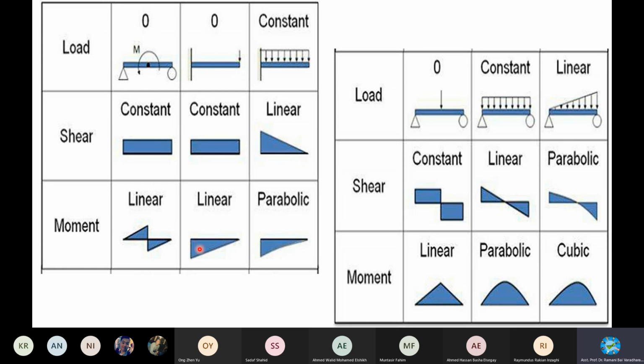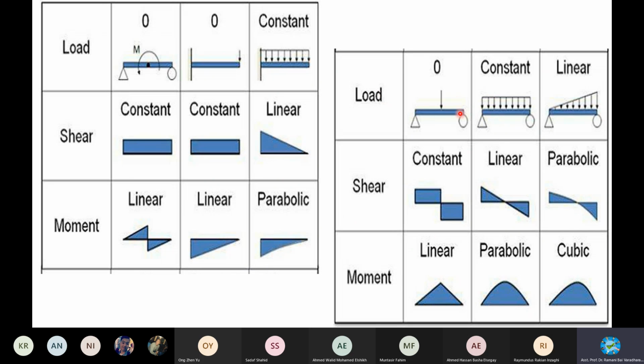The straight one reduces at a constant rate, but this is gradual. It is some type of parabola. So in the profile it is gradually decreasing in this shape, reaching 0 at this end. And then coming to this diagram,